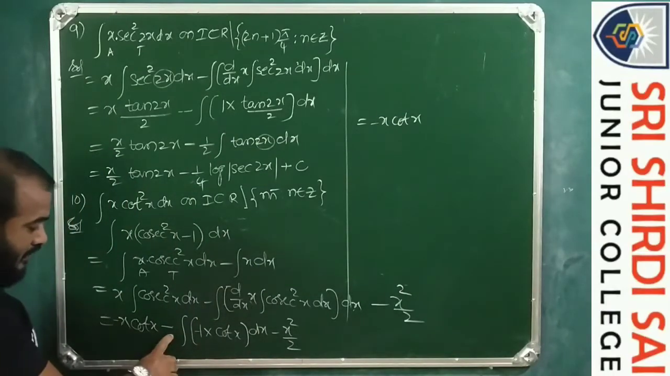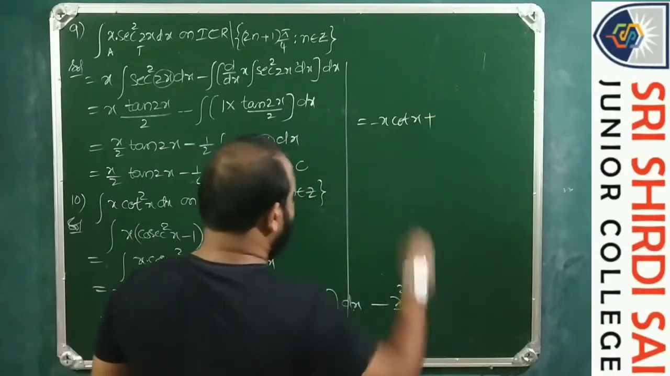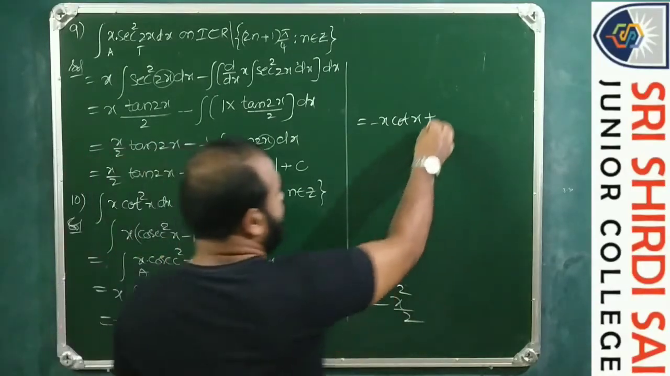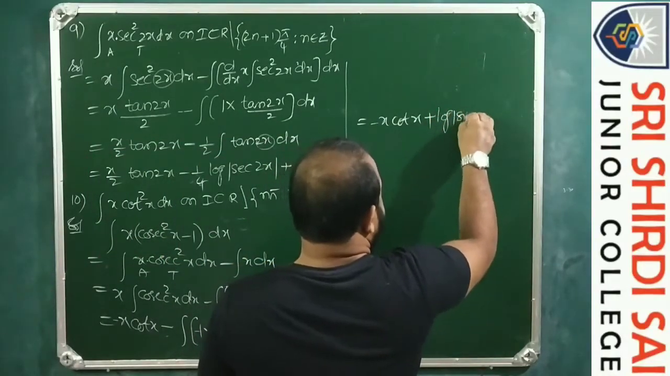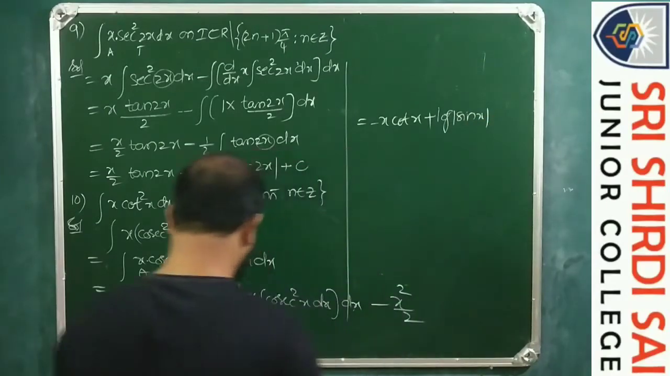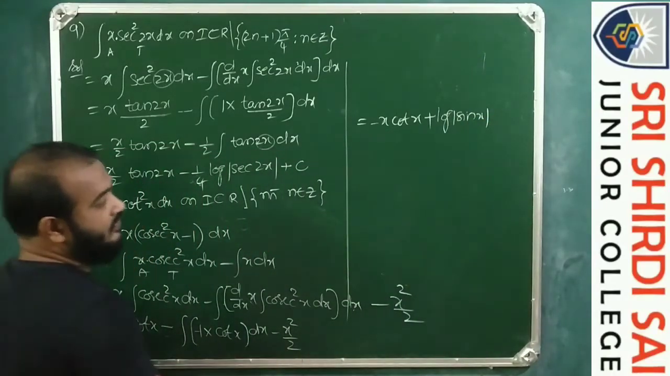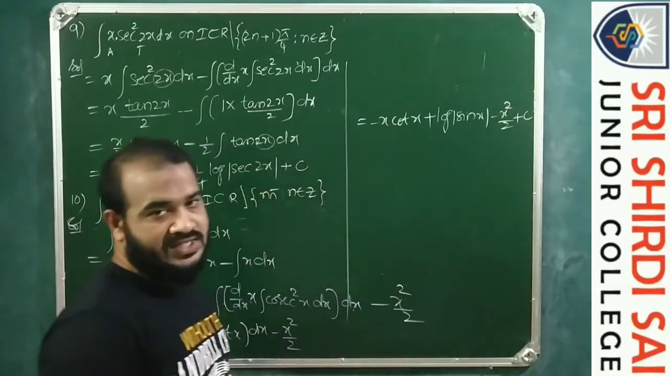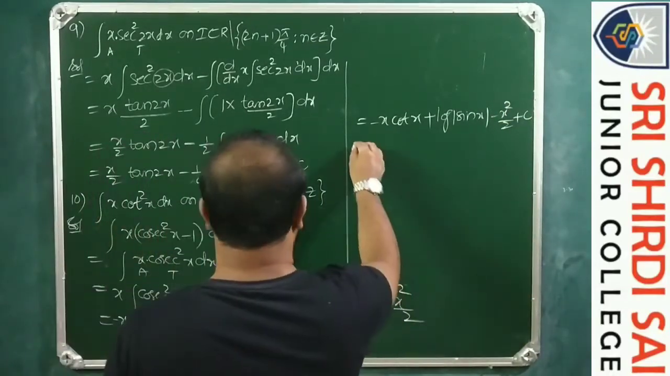So this is minus into minus plus 1 into cot x cot x. Integral cot x dx is log mod sin x, plus log mod sin x. This is minus x square by 2 plus constant of integration c. So the next question is